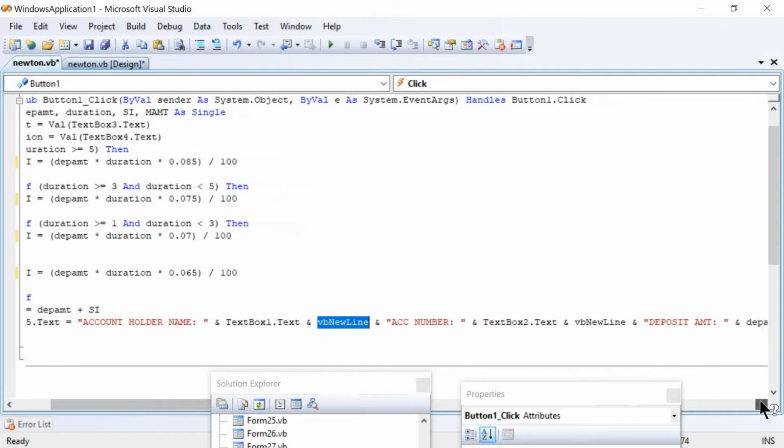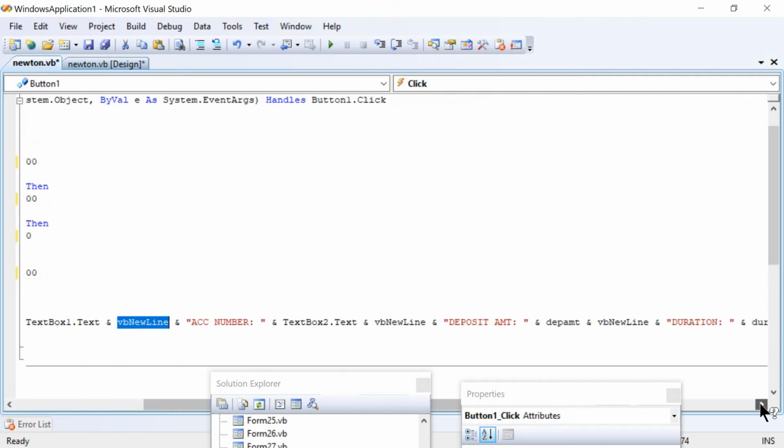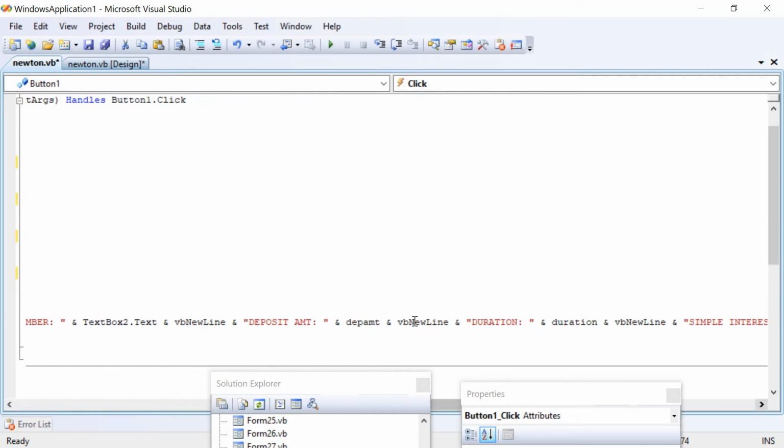Then again we have ampersand deposit amount in double quotes, ampersand the variable dep amount that will be available, right? That is whatever amount we have given as input, ampersand VB new line, ampersand duration. Ampersand, duration will be containing the value. Ampersand, again we have a VB new line to go to the next line.